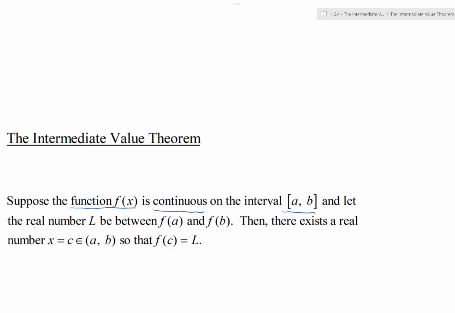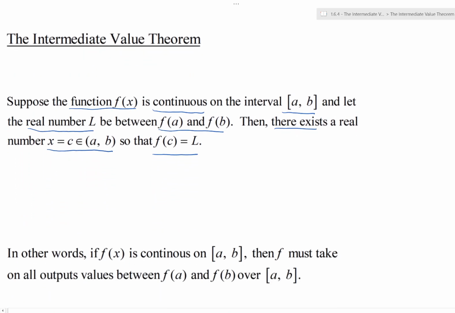And then think of some real number L that is somewhere in between the endpoint output values. That is, there's some number L between f of a and f of b. Then the theorem says there must exist some real number x, let's call it c, that is somewhere in the open interval, so somewhere in between a and b. So there's some number x so that the function's value at this location c has an output equal to that number L that is between f of a and f of b. Okay. Now,